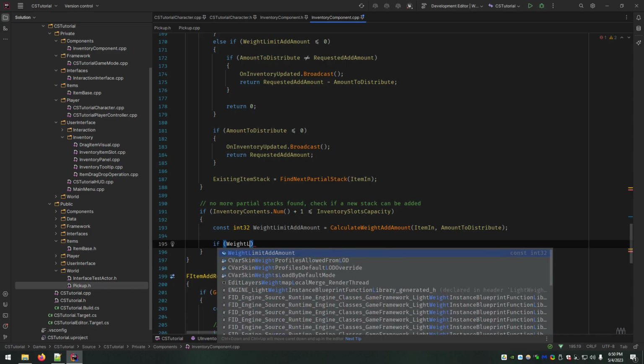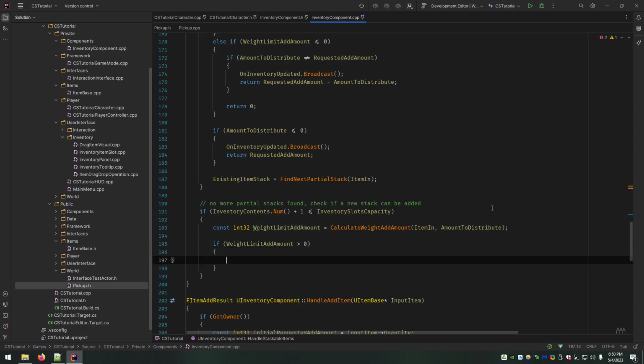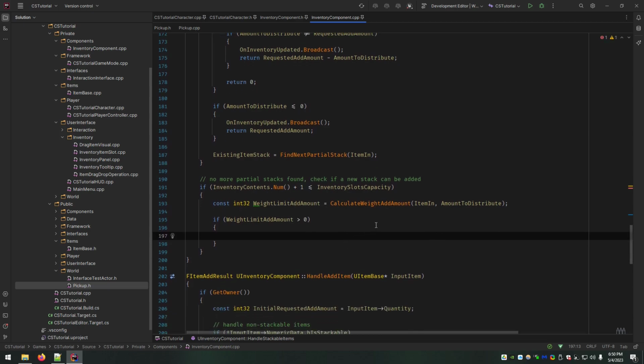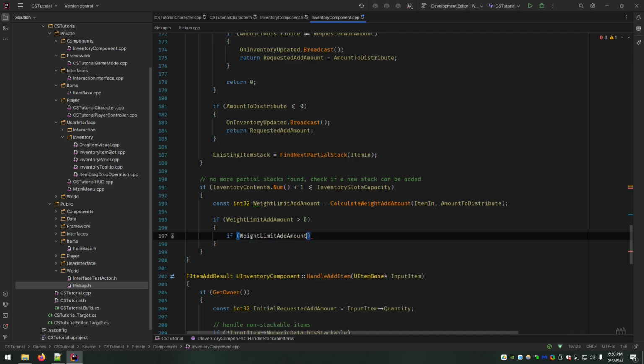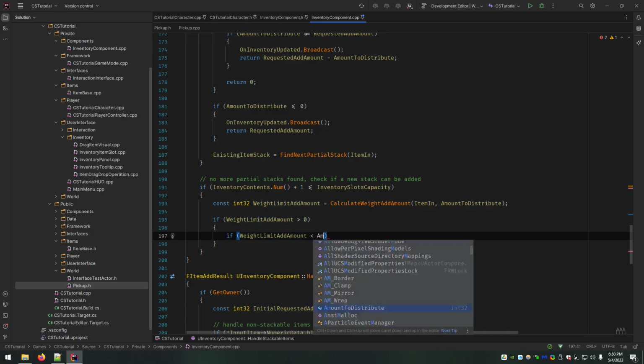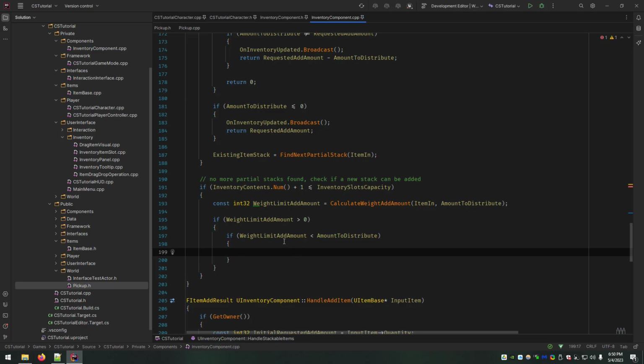Again, if weight limit add amount is greater than 0, we also need to say, hey, is it less than amount to distribute? Which we did earlier, a similar thing. Because this is basically saying, there was still 3 we needed to give out, but then we just calculated that now it's only 2.